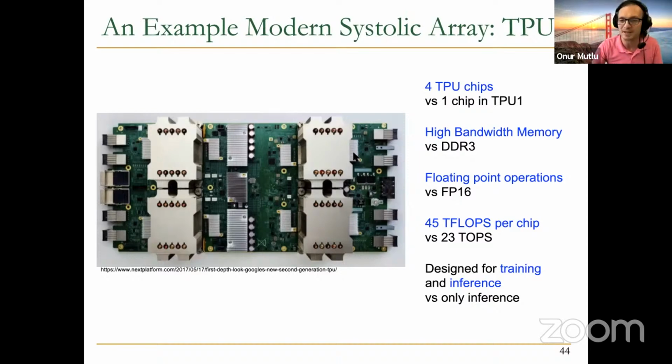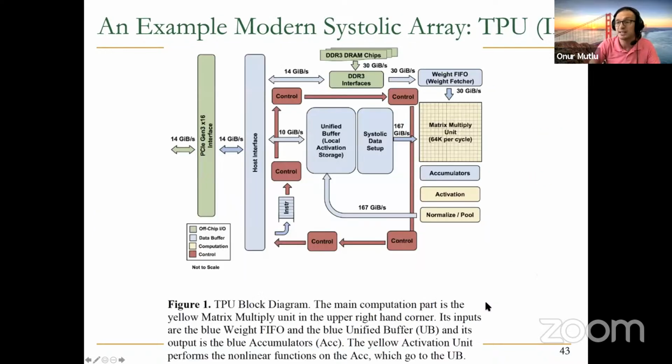based on the same fundamental principle, but they basically figured out that you need more parallelism to do the training. So they have 4 TPU chips as opposed to 1. They have high bandwidth memory so that they can do memory access much faster and at much higher bandwidth. They have floating point operations to do the training better, as opposed to some proprietary format that they had. Now they can do 45 teraflops per chip. And this is designed for training and inference versus only inference in the prior TPU chip that I showed you